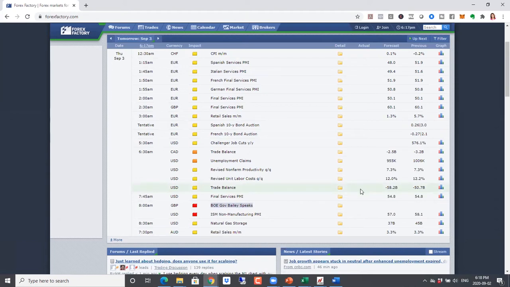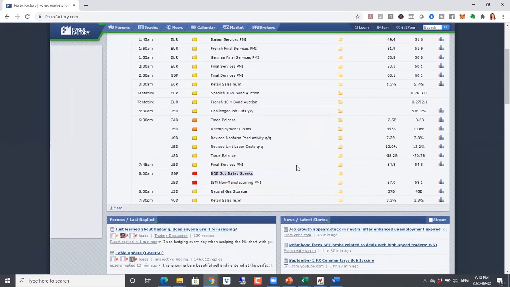So overall, we are looking at a lot of PMI numbers. PMI stands for Purchasing Managers Index, and these are the precursors to our retail numbers. So if the purchasing managers are buying stuff, that means they're expecting to sell stuff, which means the retail sales and the GDP numbers are likely to be better as well. So these are important numbers to keep in mind.